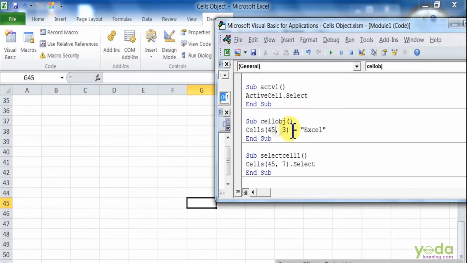Here is my code which will help me out, that is Cells, bracket open 45 which is the row number, comma 3 which is the column number, and it will insert the value Excel there. I'll execute this code. So here if you see, in the row number 45 and the column number 3, it has inserted the value, that is Excel. So this is how you can use the cells object.